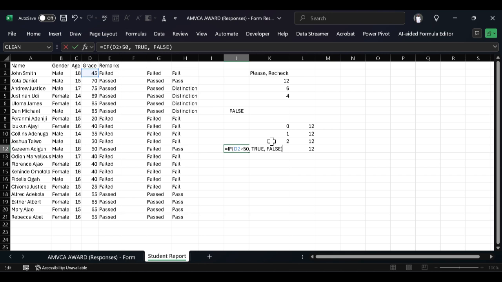You have changed them from Boolean to strings. So now, what we are saying is, if D2 is greater than 50, it will return true or return false. So now it returns false. That is to say, it is not. So if you check others, you will see it will return